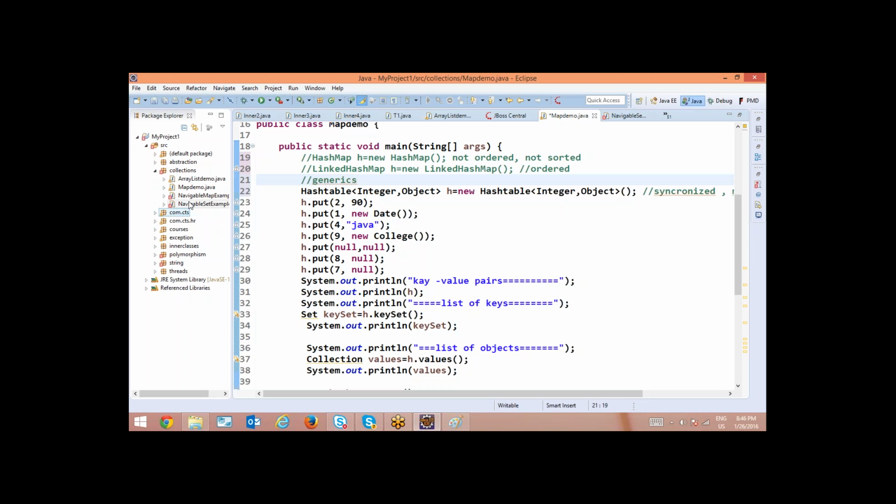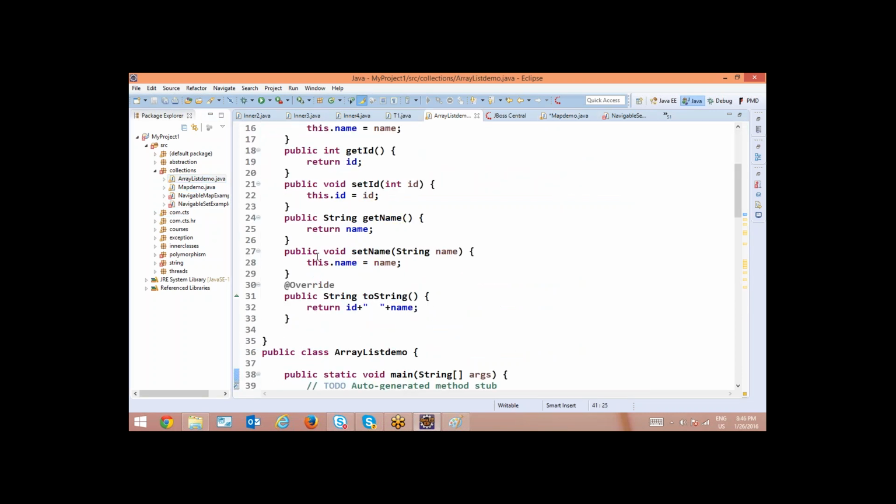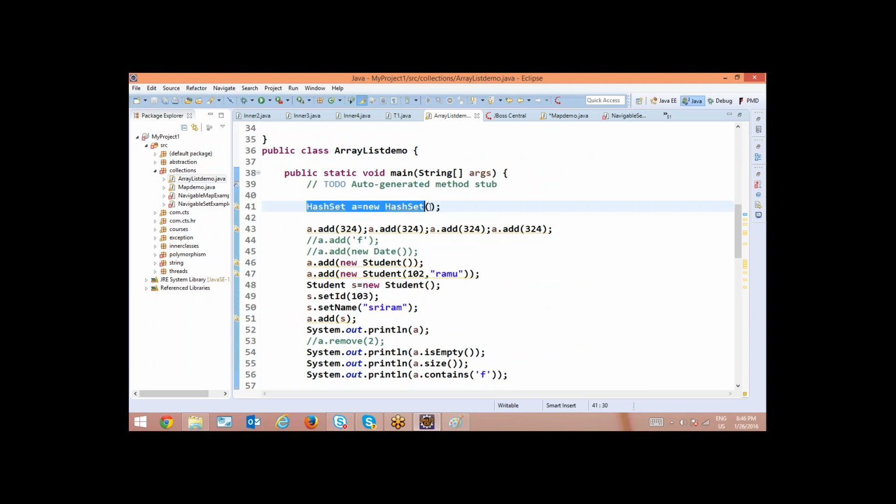Even if you go for an ArrayList demo also. See, now when you are storing here, you are not specifying what type of object you are going to store. You can say here of Integer in angular braces. Even if you don't give it, it will work, but this is the correct version. So anytime you find those angular braces, don't get confused, it is a generics declaration.